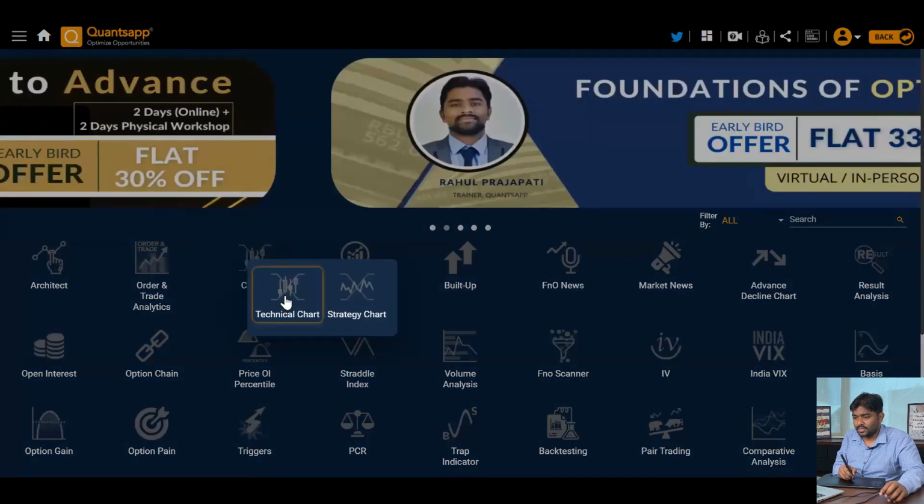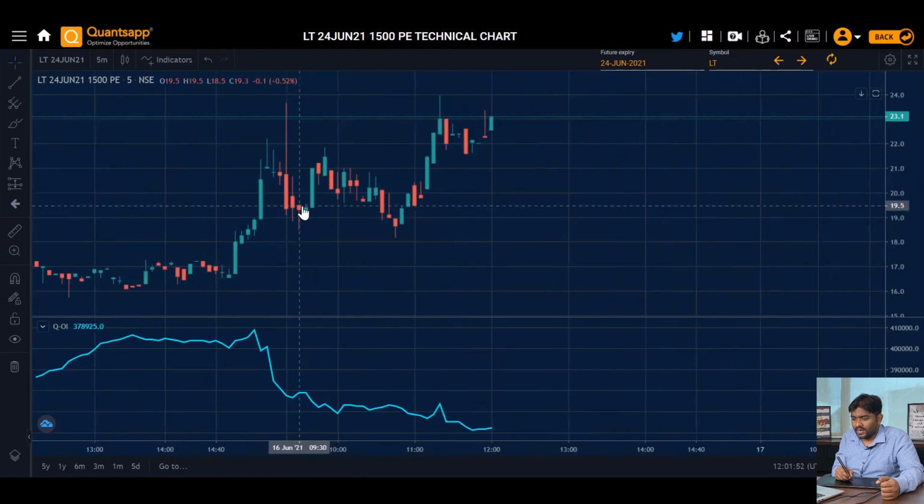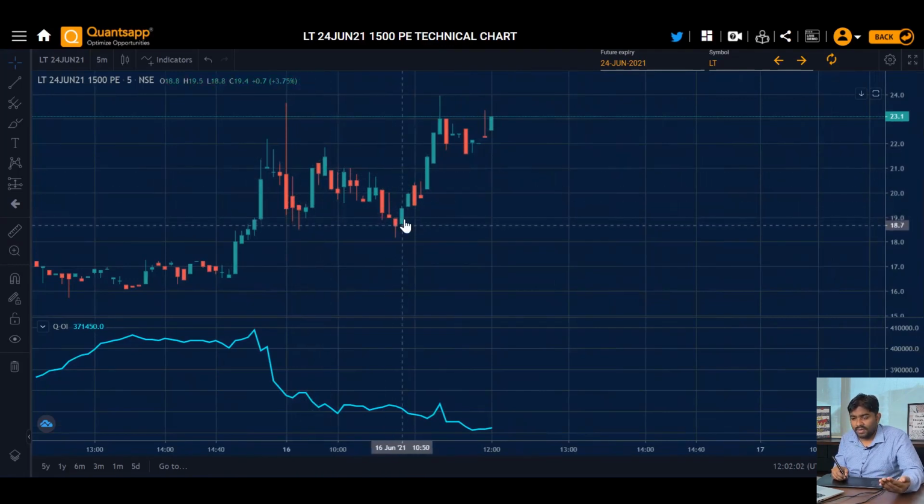So let's go to the chart, we'll see. So at 9:20, 25, 27, we have received good buying orders, right? In this put option, see the price has jumped, and again we have recently received the orders also. Probably somewhere around here only we have received the buying order. Even here we have received it, and we have seen a jump.